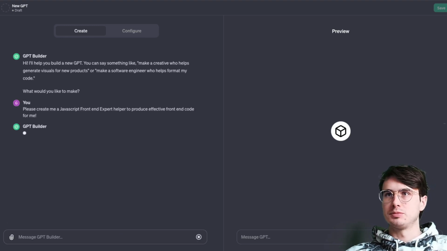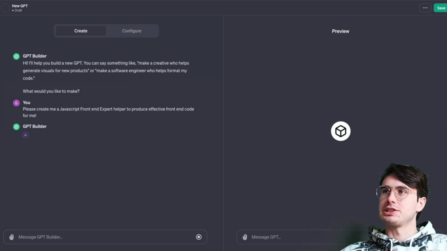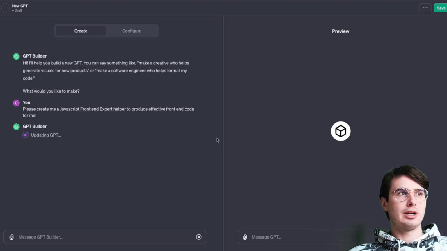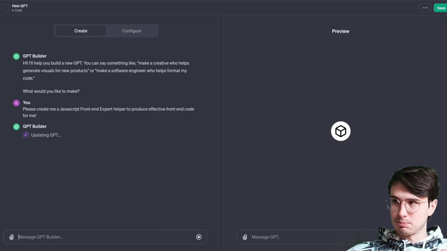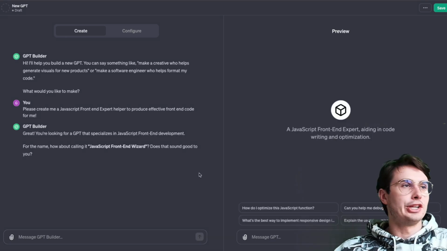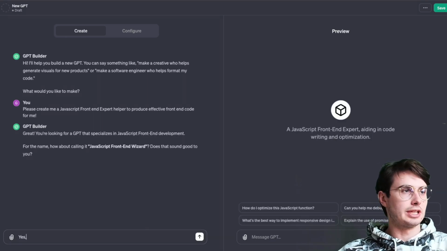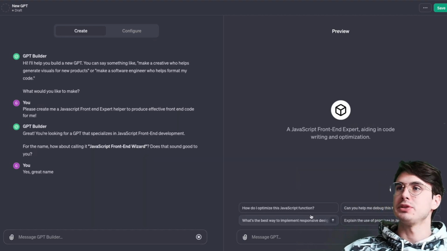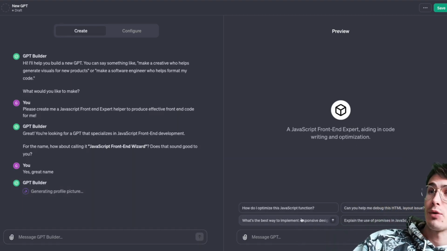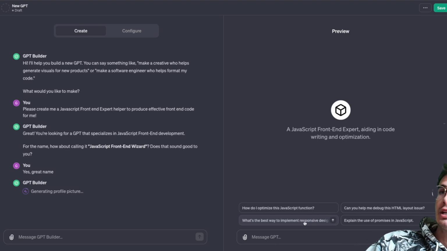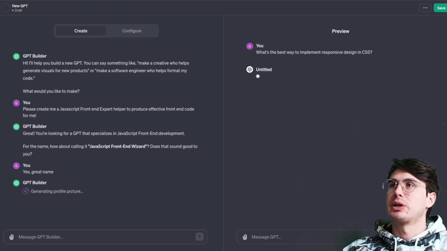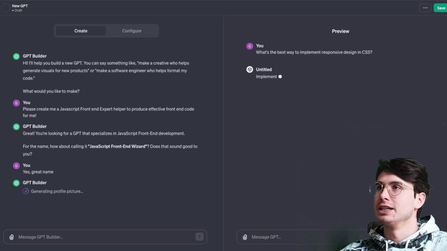So here, press start, and then it'll actually prompt you for additional things that you want it to be able to do. So you'll see GPT Builder will update the GPT, so I'll just pause this and let it run. Here, give it a name. Great name. And now you'll see in the preview, it generates new prompts. It'll say, hey, how do I optimize this JavaScript function? And if I want to say, what's the best way to implement responsive design in CSS,